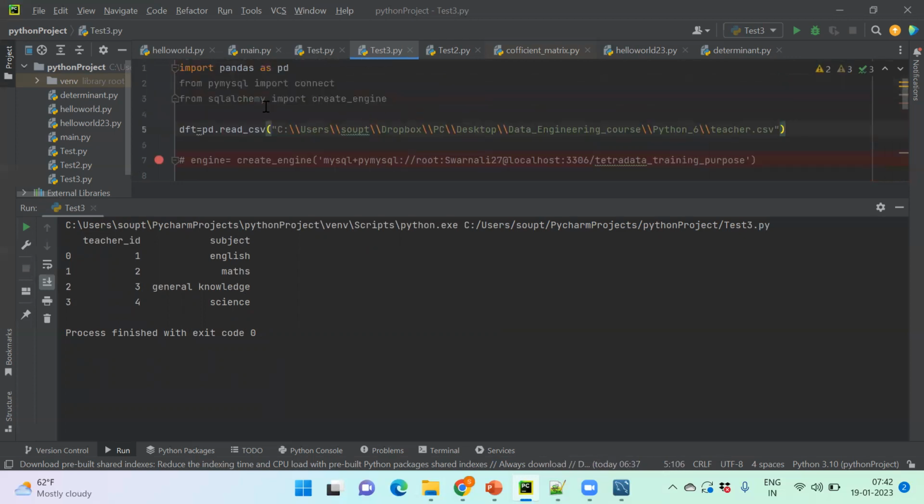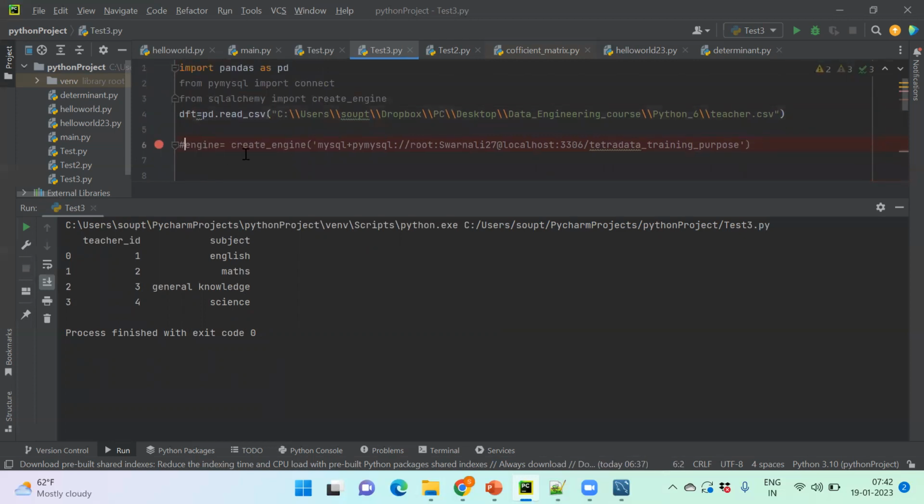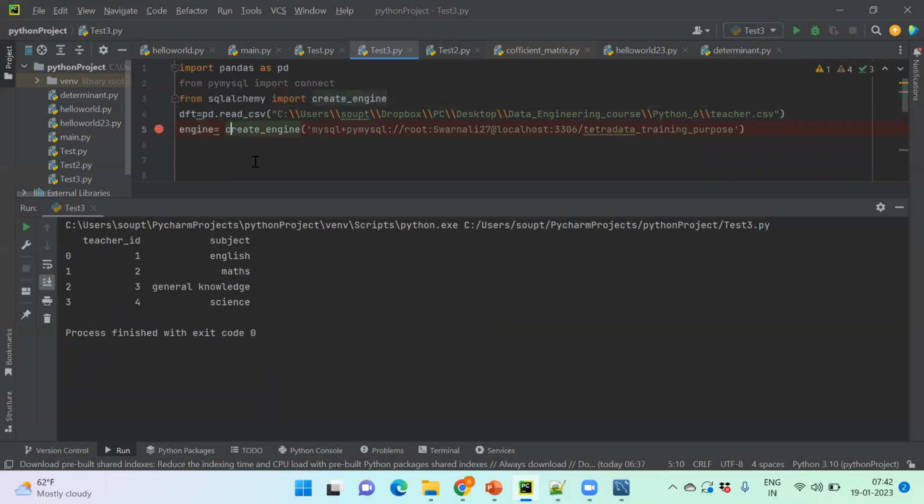So what we have to do now is use SQLAlchemy, the class called create engine. We'll be creating a database engine over there. So this is the command. Engine is the variable where we call create engine. And we have to pass the connection string. This part is fixed for MySQL. After this slash, we call the particular service account or user of this database, that is called root, then colon, the password,